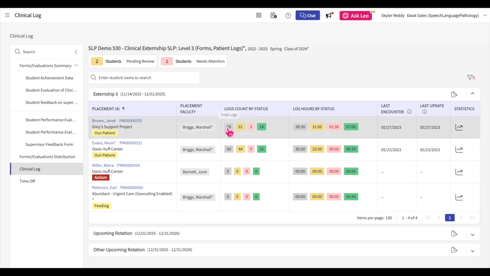In the Logs Count by Status column, you can view the total number of logs added, and this number of logs is categorized by status for each student. In the Log Hours by Status column, you can view the total time indicated on each student's clinical logs, and this time is separated by status. In the Last Encountered column, you can view the last date a clinical log was submitted for. In the Last Update column, you can view the last date that the student has added or modified the clinical